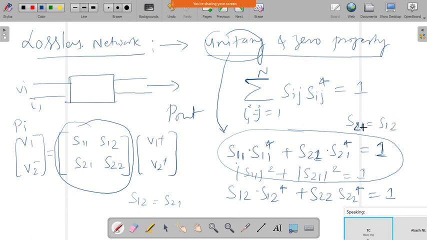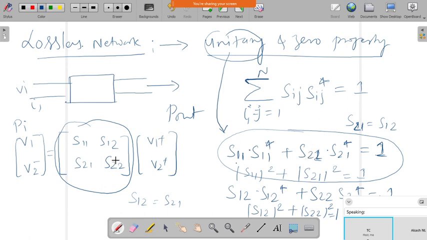So by applying this, we can take the S21 or S12 magnitude, replace S12 by S21, and we can write also S22 square plus S21 square, which is equal to 1. Even we can have S12 here if the network is also reciprocal. So those are the conditions we can impose, and we can get the S parameters for this lossless network.